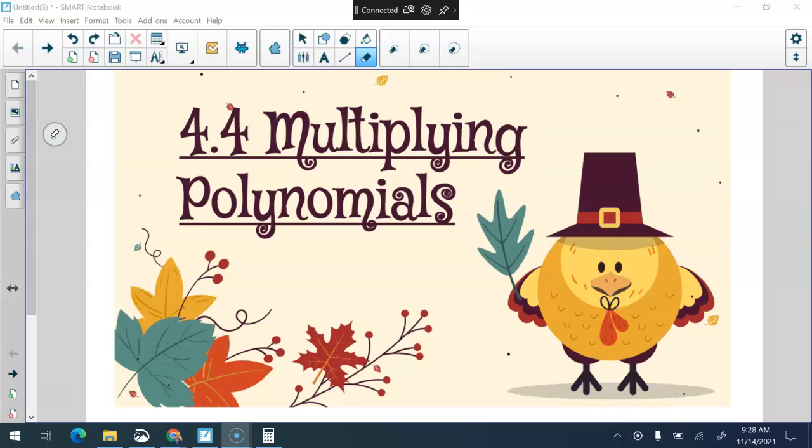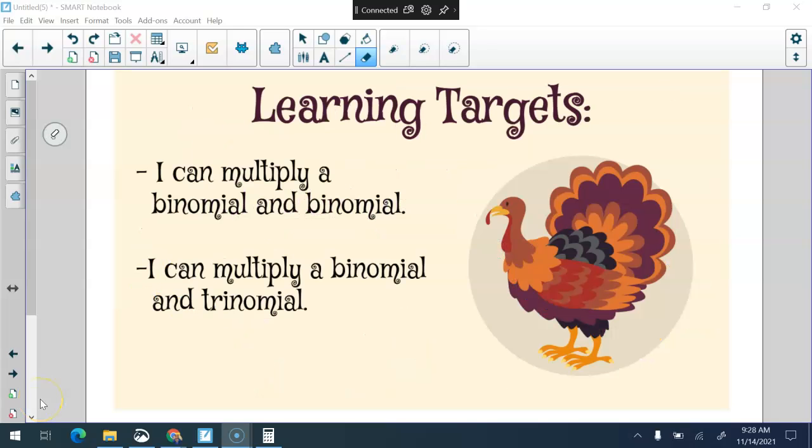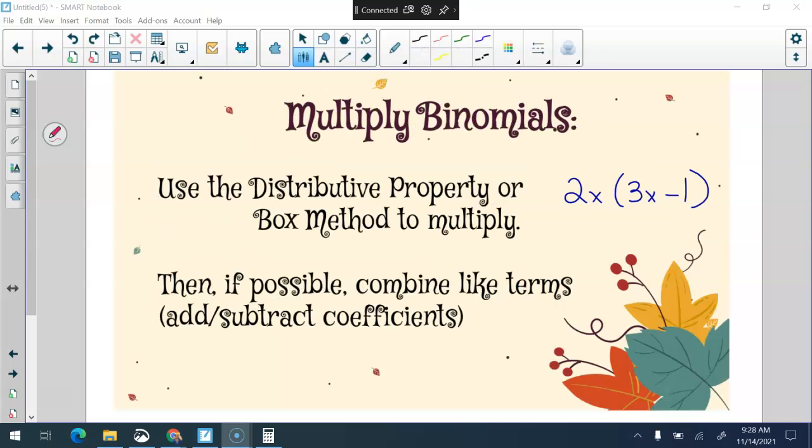Welcome to section 4.4, where we're going to multiply polynomials. In this lesson, we're going to multiply a binomial and a binomial, as well as multiplying a binomial with a trinomial. In order to multiply binomials with a binomial, we're going to use the distributive property or using the box method